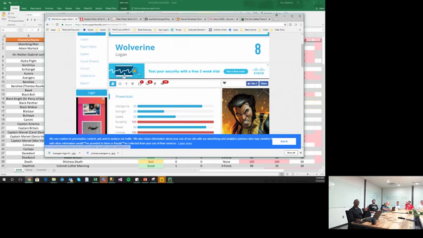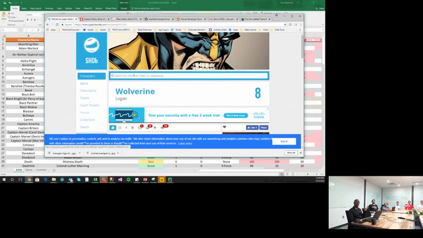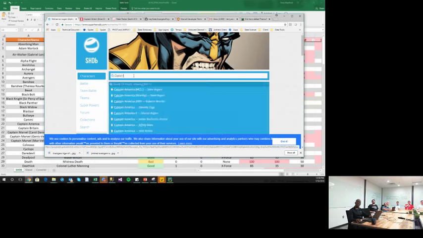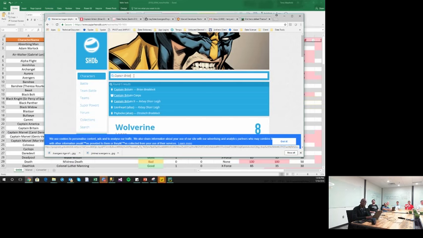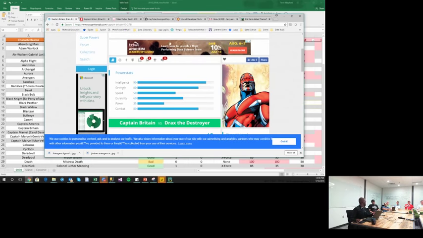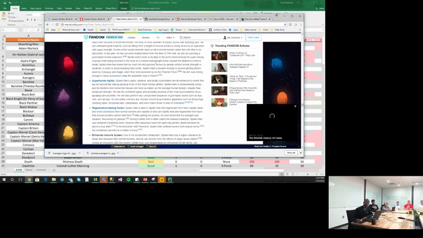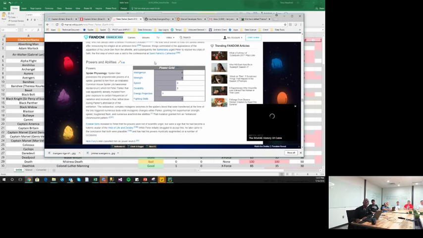going to also Superhero Database. This is a pretty good website for superhero powers and abilities. And then you can look at Captain Britain here, and he may not be here actually, but oh, he is. That looks a little more realistic. And also we have another website which has powers too. So I aggregate the powers from these 3 websites to get a realistic look at each character's powers.